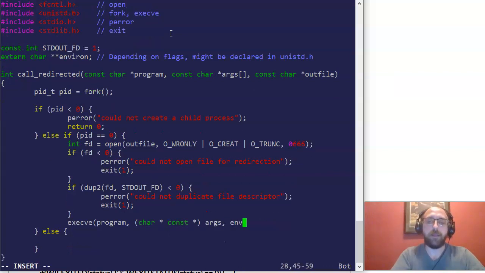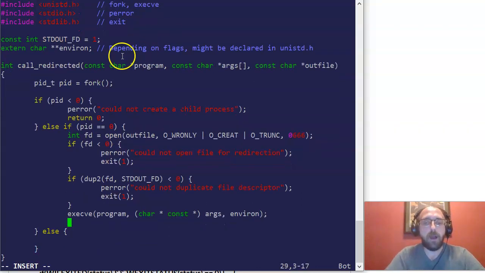And then I can pass in environ to execve. Notice I'm not looking at the return value, because if execve was successful, it doesn't return. Meaning, if I get to this line, the line after the execve call, I know there was an error. So I can perror "could not execute process,"